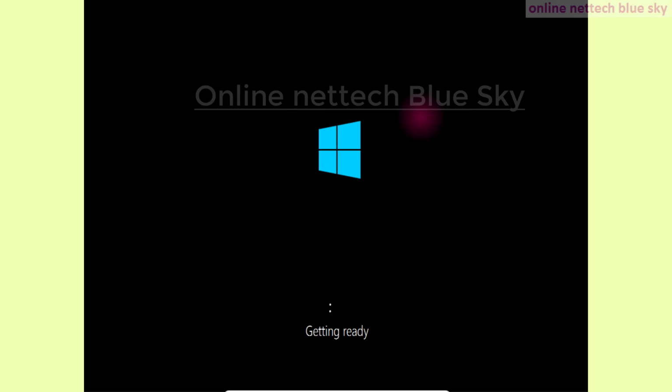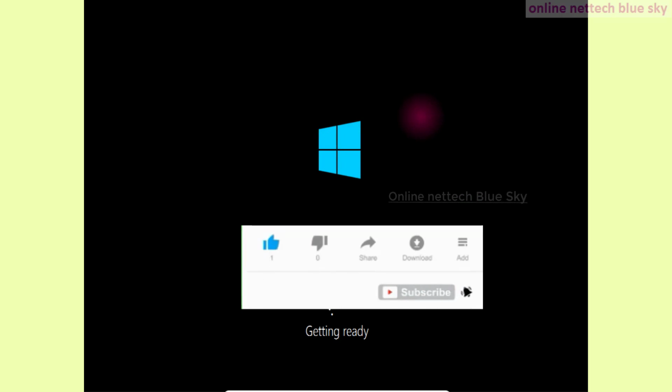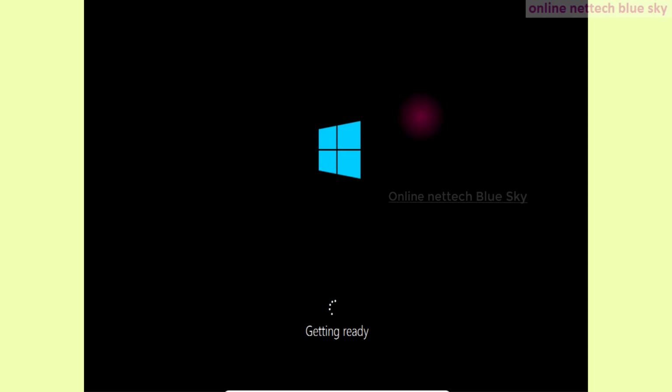I have already created a bootable pen drive. There are many ways to create a bootable pen drive. And if you already have a Windows 8.1 CD DVD, you can start the CD DVD drive on the computer. If you are using a bootable pen drive, configure your BIOS menu. Okay, I have already created a BIOS related video, and it is very important for your computer installation video.